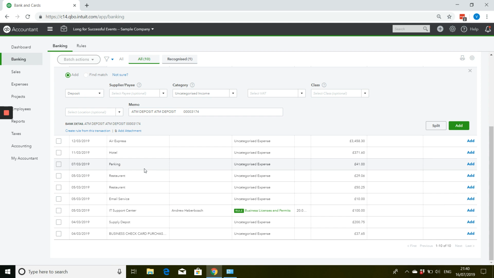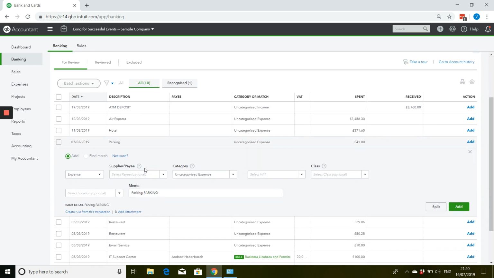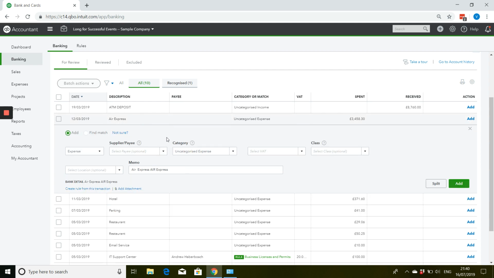Now, what you can do is you can add it directly from this screen, so there's a couple of options for you. If you have a VAT receipt, then obviously it's always best to upload it, but you can add an attachment there, or you can do it afterwards. I'm just going to choose one, say for example Air Express, because that normally won't have VAT on there. So if it's a flight, which I'm assuming it is, I'm going to go to Air Express, click on add,